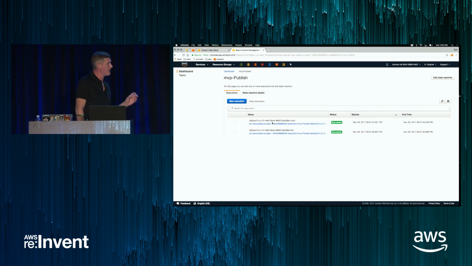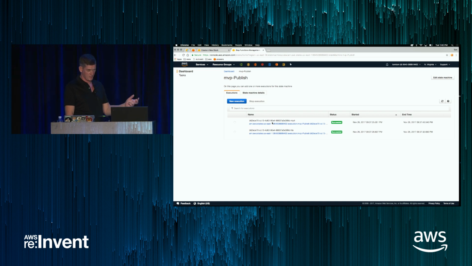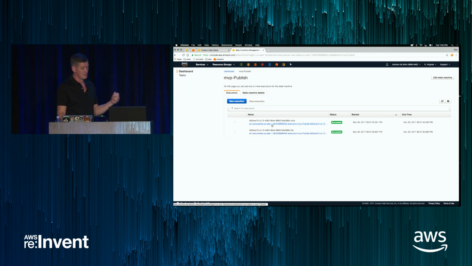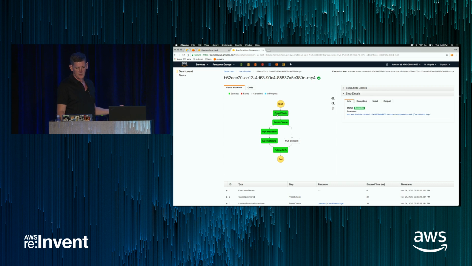For the publishing steps in MVP, because we're using Elastic Transcoder and we wanted our content to be in 2 separate buckets, so MP4 in one and HLS in another, we actually had to submit 2 separate jobs to 2 different pipelines. So for that reason, the publishing process actually runs twice, because we're getting 2 notifications out of the system. So the very first step for our publishing process gets that output from SNS, figures out whether it's the MP4 or the HLS contents that's completed, and then passes that information down to the next step,